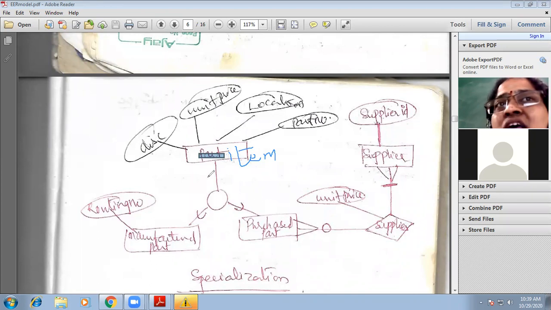Now what will you say? The instance of item is a member of any one of the subtypes, so it is total. And sometimes the instance of this supertype is a member of both the subtypes. Then you call it overlap rule. We will represent it with O in the circle. This is called overlap rule.